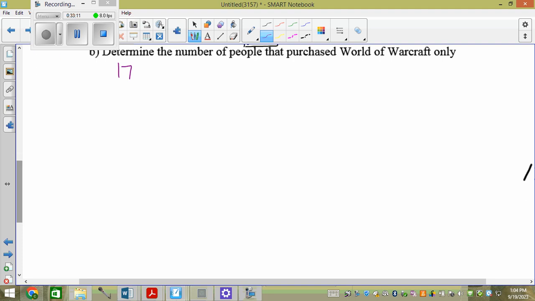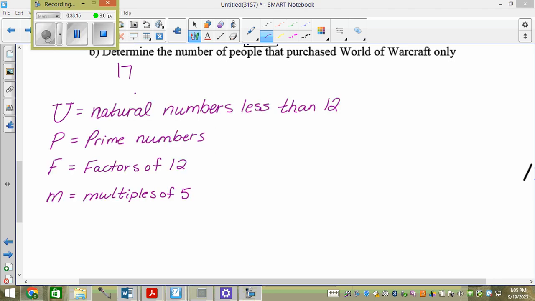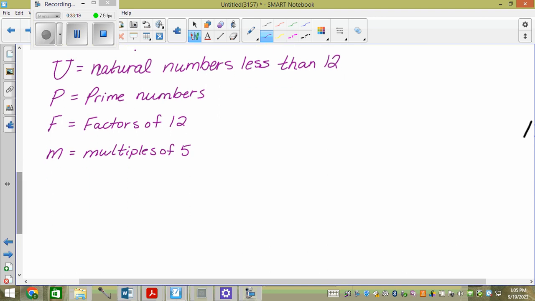So I'm going to do a set one first. Okay, so I'm going to give you this one first, and we're going to go through it. I'll give you a few minutes to work on it. We have the natural numbers less than 12, or the universal set. P are the prime numbers. F are the factors of 12. M are the multiples of 5. And then I want